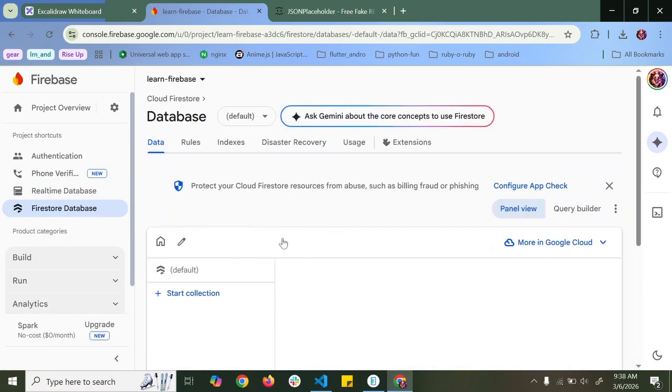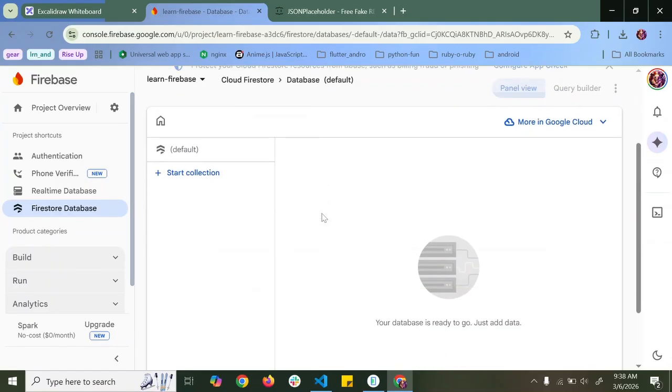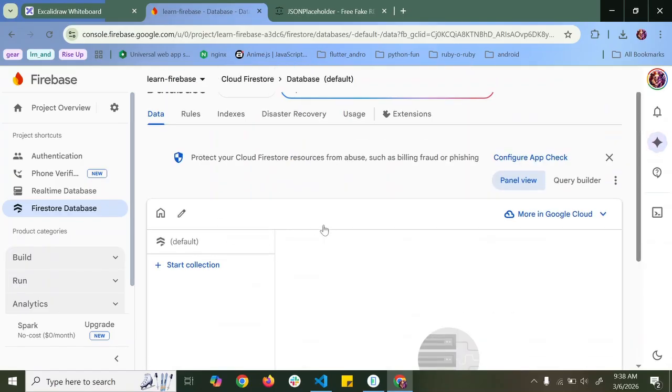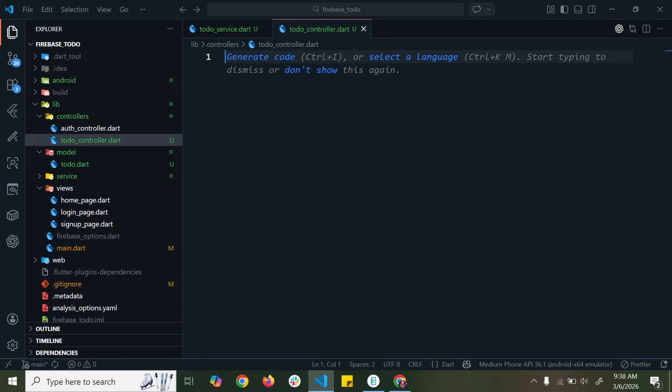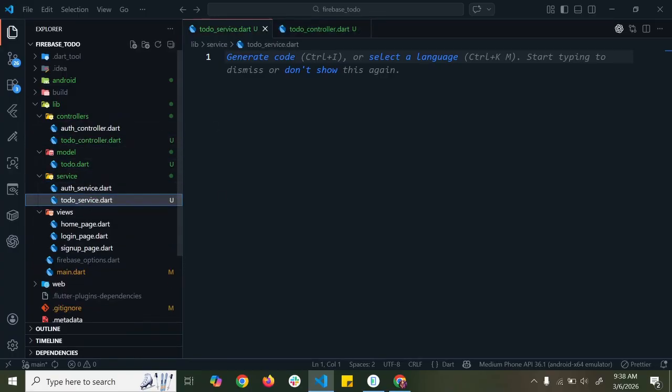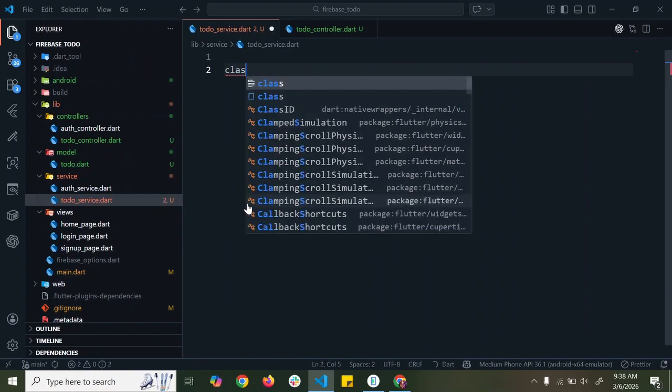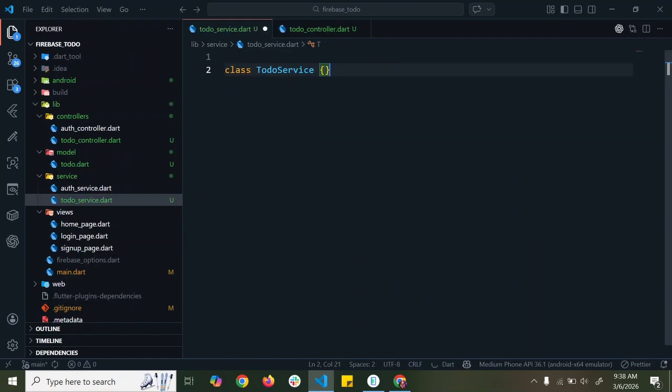Yeah, it's not done. Okay, so we are getting a blank Firestore. Whenever we are storing something in there, it will automatically tell us. Okay, nice. So we are done with here. Now let's start the service. Coming down here, I say class ToDoService. Okay, so now for here, I need to perform something. So let's say